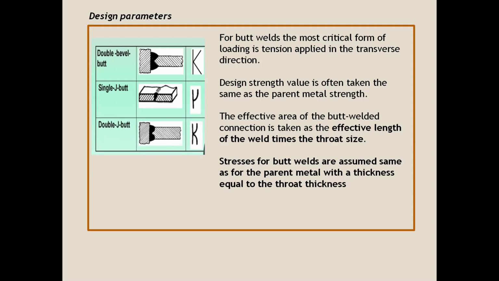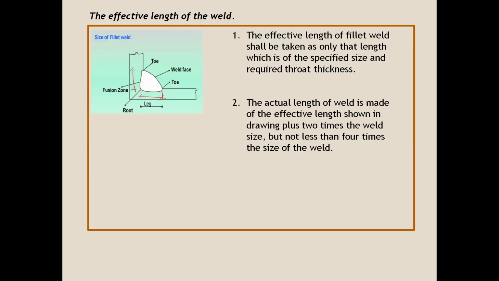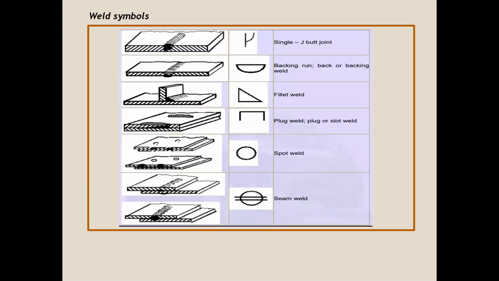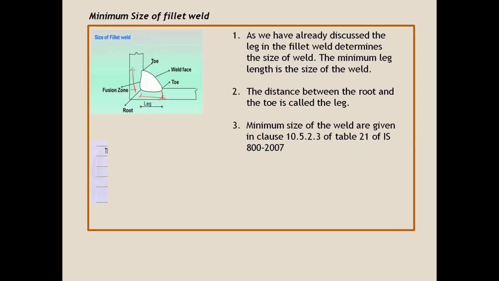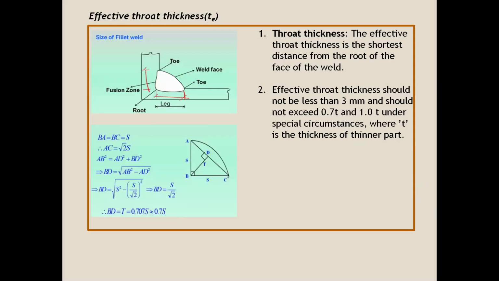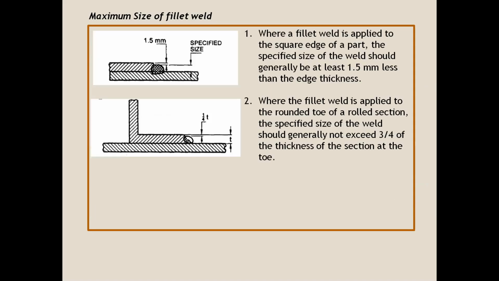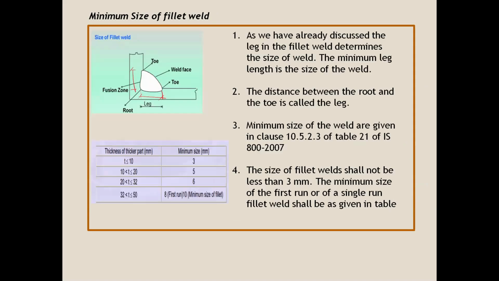This class, now, I explain the symbols of fillet welds and types of butt joints. Okay, welding symbols, and what is welding? Fillet weld, design of fillet welds. What are the parameters for the maximum size and minimum size of fillet welds? How to determine the minimum size and the maximum size for fillet welds.